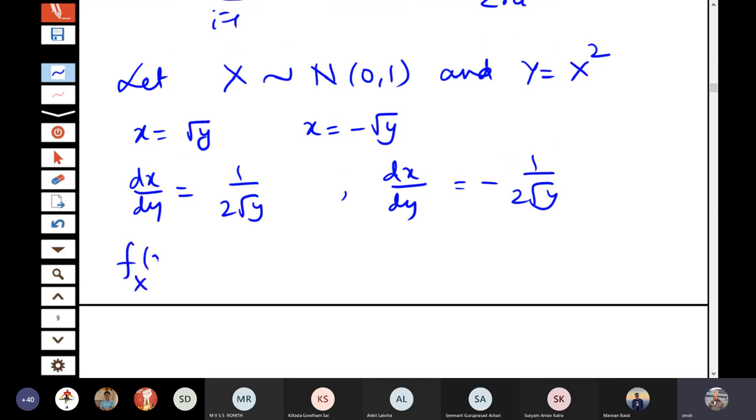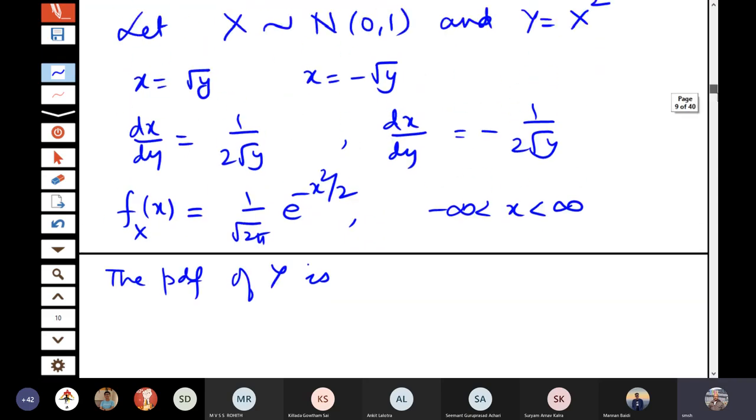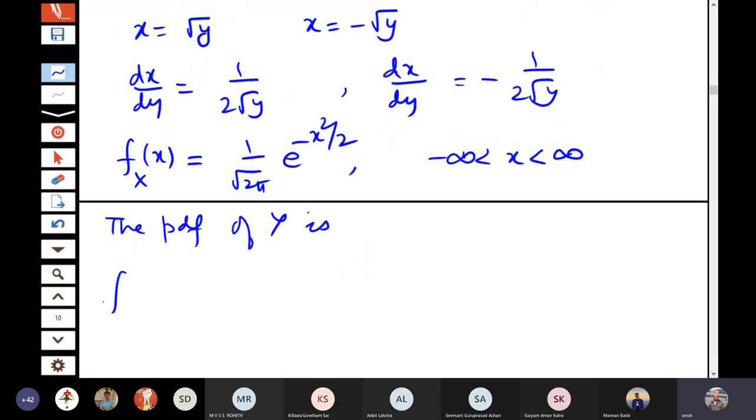So the PDF of x is 1 by root 2 pi e to the power minus x square by 2. So this y equal to x square is a 2 to 1 function, and you have two maps: minus infinity to 0 goes to 0 to infinity, and 0 to infinity goes to 0 to infinity. I have written the two inverse images here. So the PDF of y